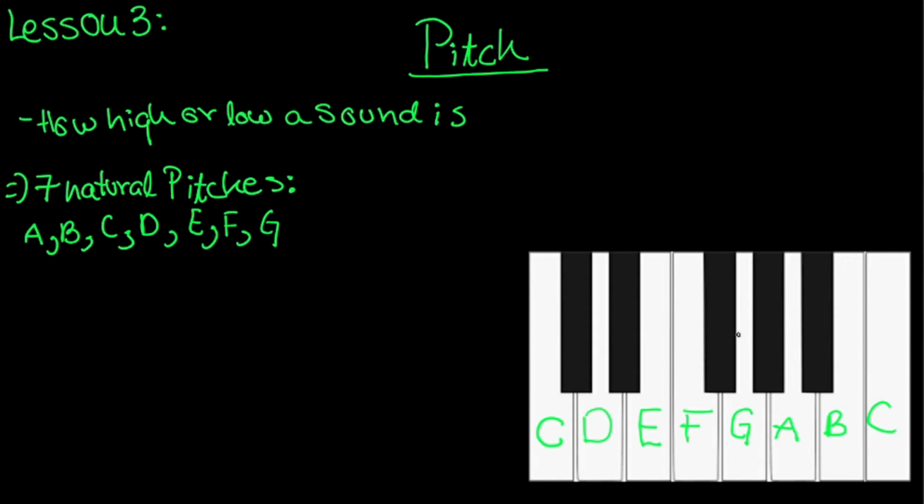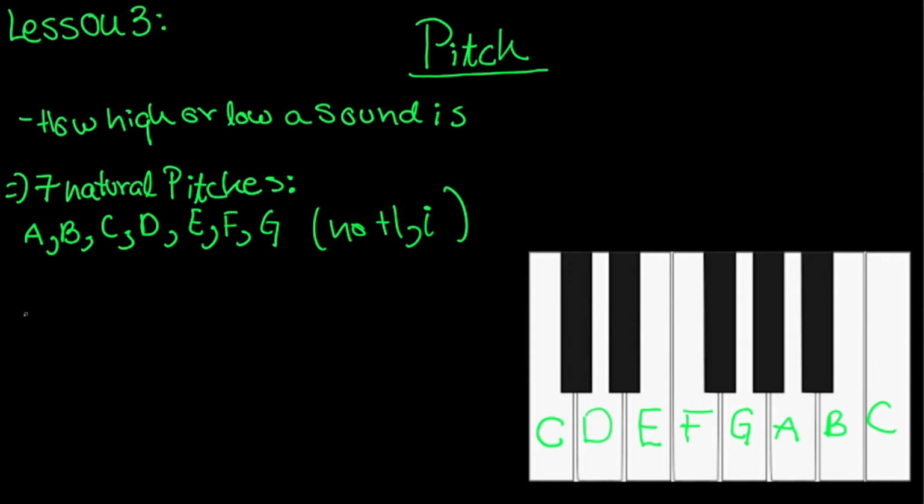Again, this coming back to C is something we're talking about in just a bit. So this is C, D, E, F, G, A, B, C. And I can play that for you, starting on C. It sounds like this: C, D, E, F, G, A, B, and then we come back to C. We only use the first 7 letters of the alphabet for this, mind you. So there is no H or I. There is no H, no I. It's just the first 7 letters of the alphabet which go on